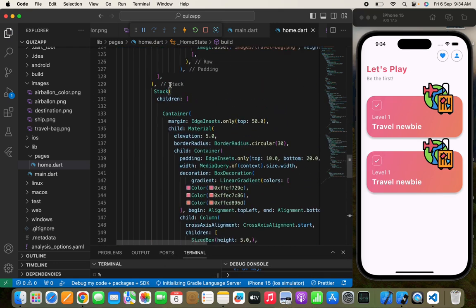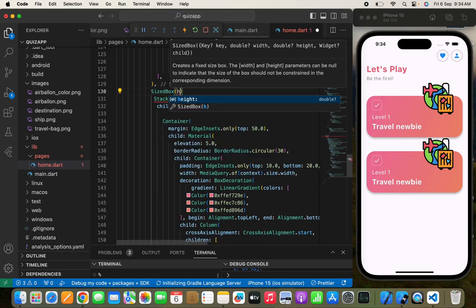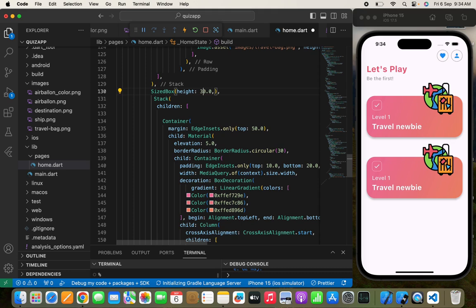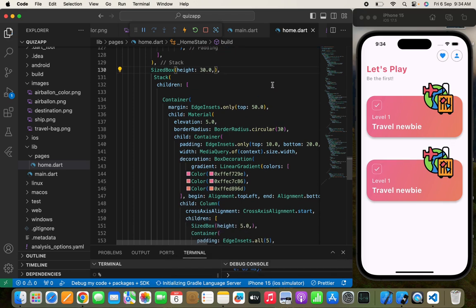We can pass a size box so that we can give a space between these two containers, so we'll pass size box height 20.0. Now after this we will change the color again for this level so that the design will look different. The design that I'm going to use is according to the latest Flutter designs. This is an advanced UI design that I'm going to use in this Flutter